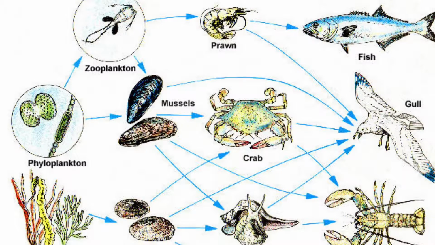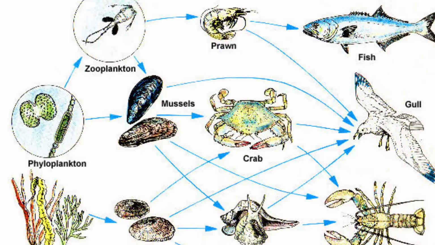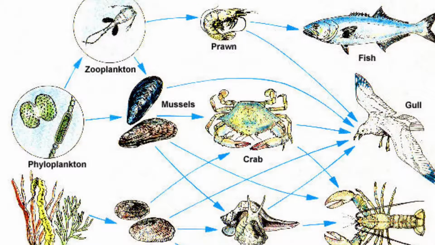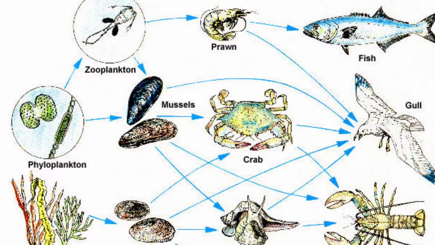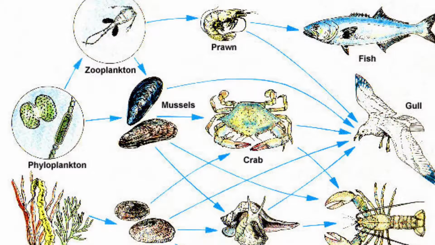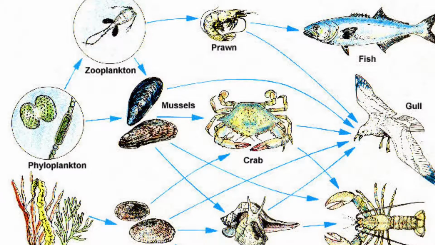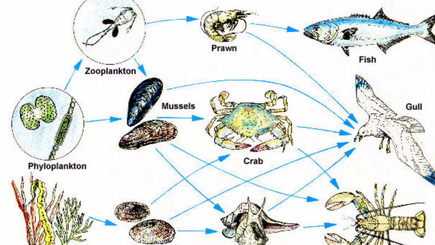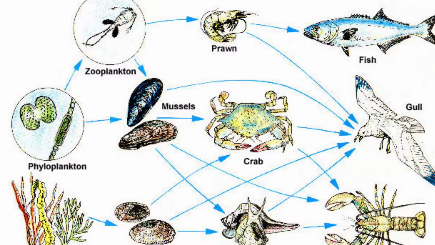Since living space and food are limited, organisms must compete among themselves and with other species for the necessities of life. Organisms are forced to compete against their own species and also different species in order to survive. The stronger and more fit organisms have an advantage over those who are weaker, and they have a better chance of surviving. How does competition arise?